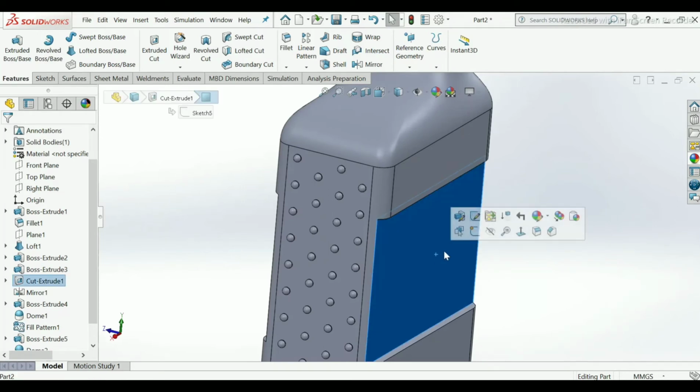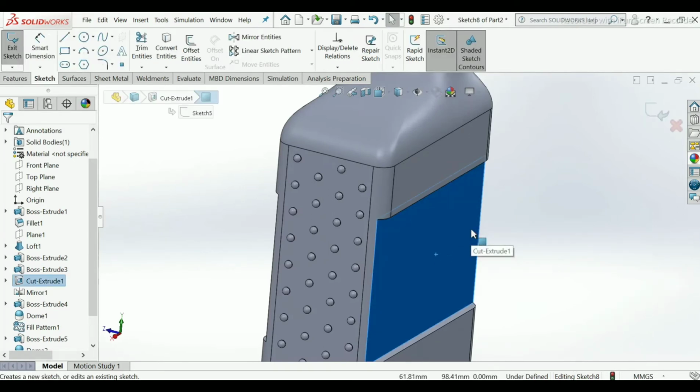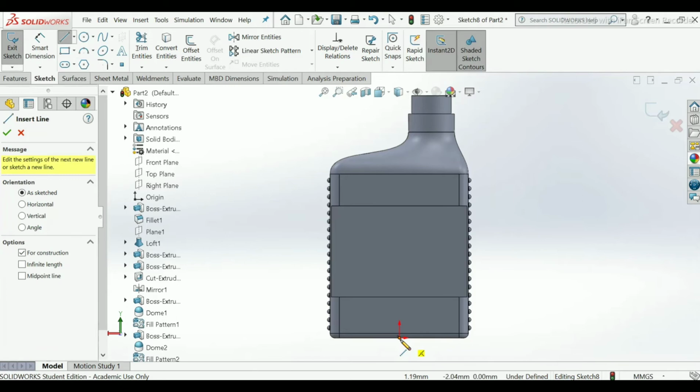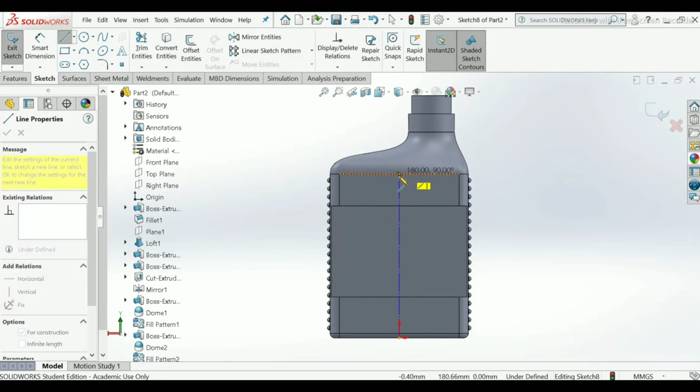Now select this face, sketch, make a center line from origin to this.